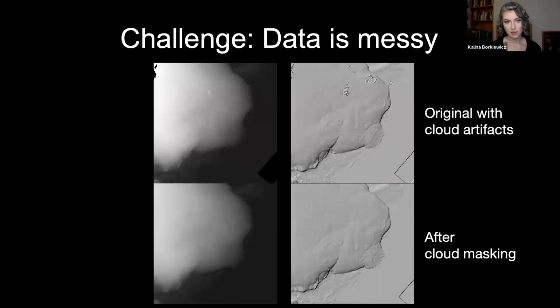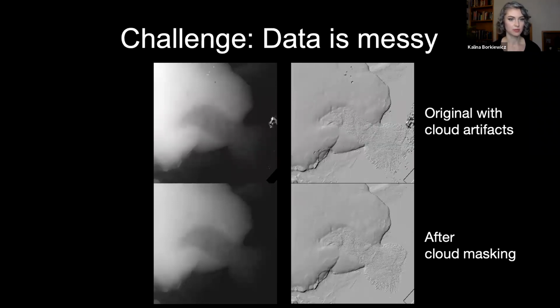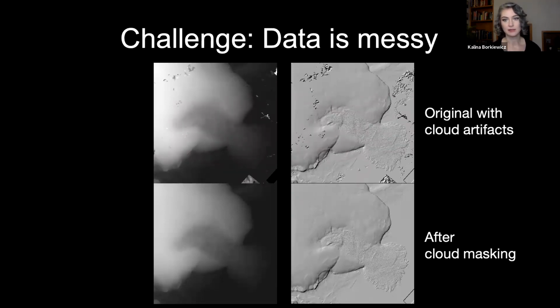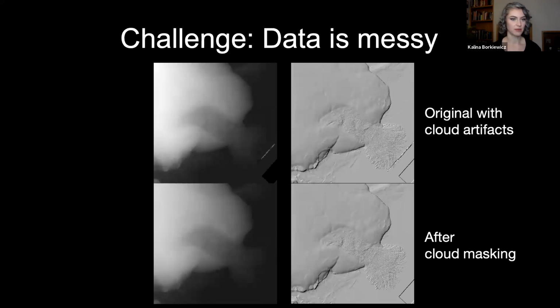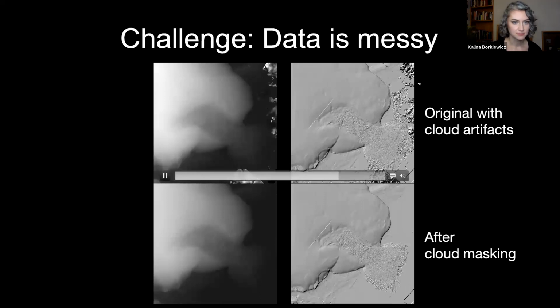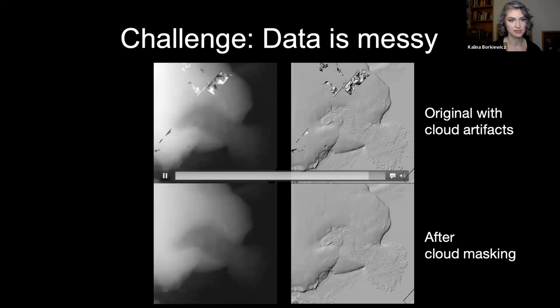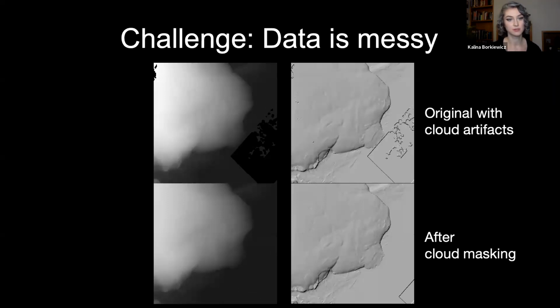Not only is data big, data is also messy and requires cleaning and processing. Here's an example from the Arctic elevation data set looking at one zoomed in region where an ice cap is collapsing on an island north of Russia. An issue with satellites collecting data about the Earth is that they're above clouds, and clouds often get in the way. So as the data is being collected, you can see these ugly, random, patchy things here that are the clouds in the data set.